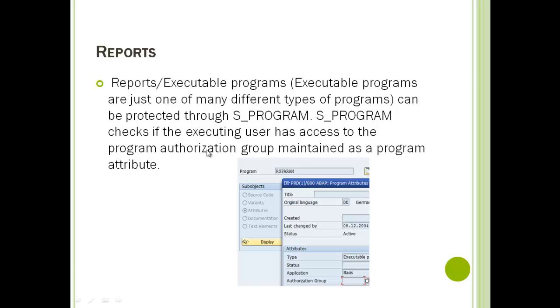This checks whether you are allowed to execute the particular program using the authorization group. It's almost the same as the authorization group which we use in our table. It's perhaps a little bit of the same concept. So you can create an authorization group, or you can have your own custom authorization group assigned to